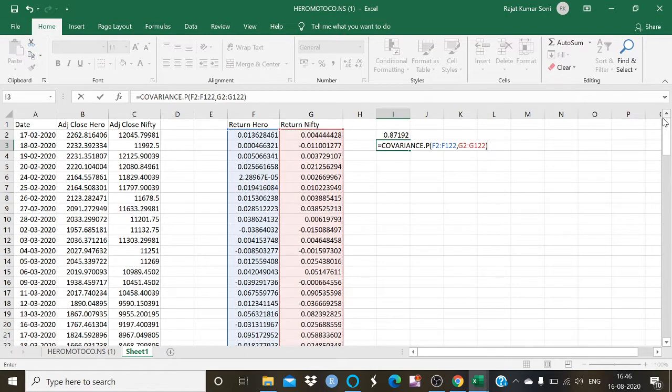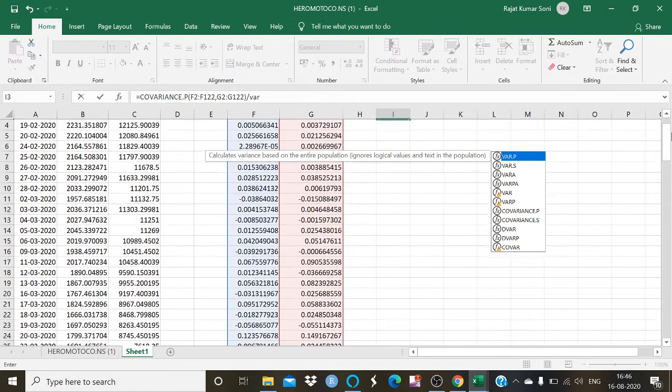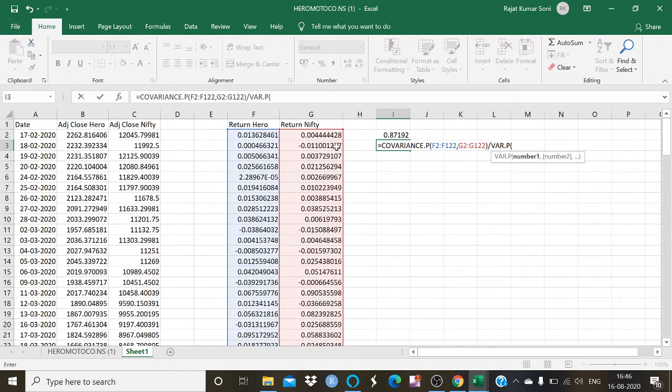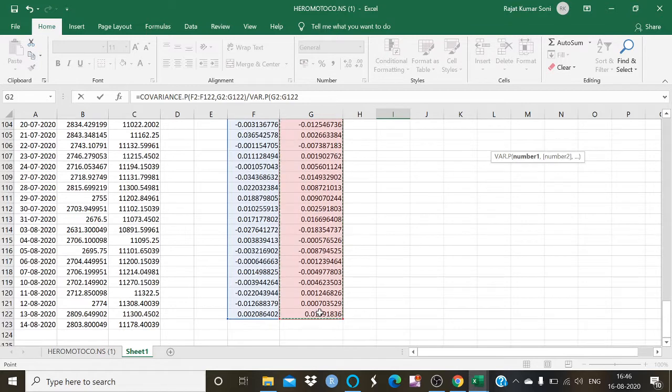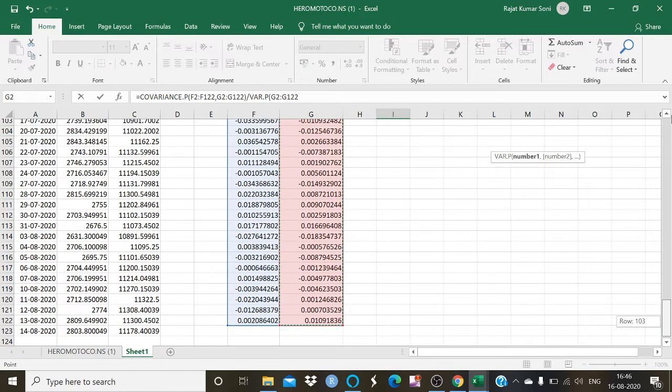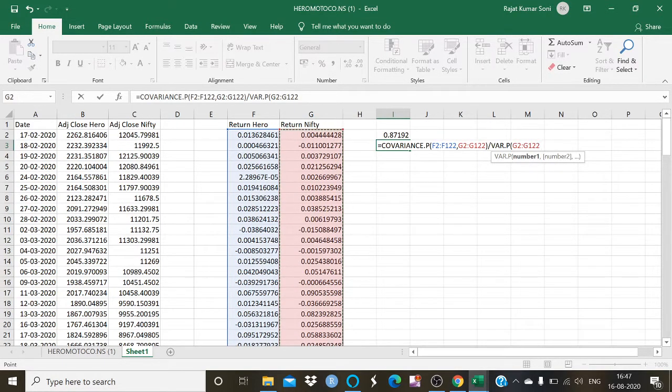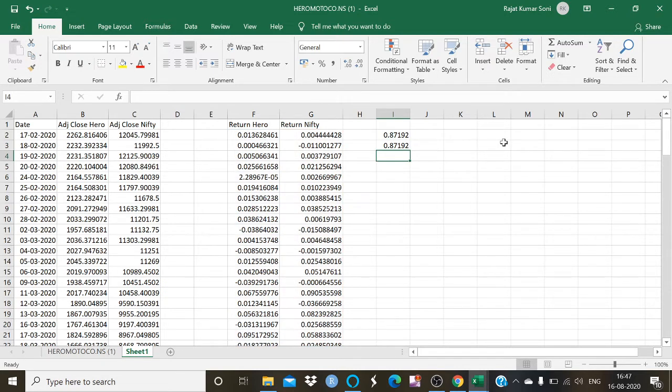Close the bracket, and divide this function by the VAR.P function of the determinant return, that is the Nifty return. Now I'm going to select the Nifty return to calculate the variance of Nifty and divide the covariance function by the variance function of Nifty, close the formula and click enter. That provides me a beta value.